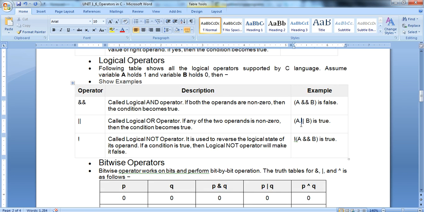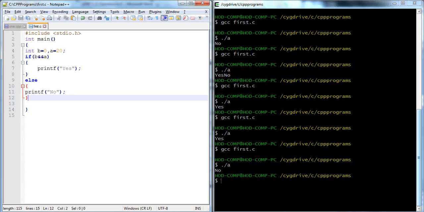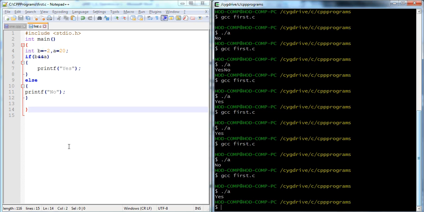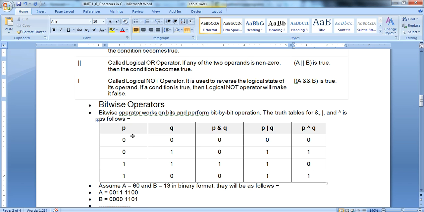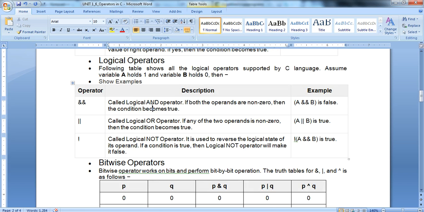Now the same thing applies to ORing, depending on the P and Q values, considered as A and B, and then under the if condition it converts that value into a binary value. If we pass 20, it is considered as 1. If we pass 0, then it considers 0, right? If we pass a minus value, it is also considered as 1, right? It prints yes also. That is simply the use of the logical operator and.